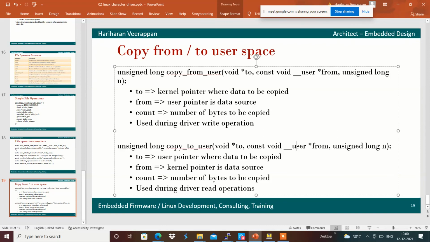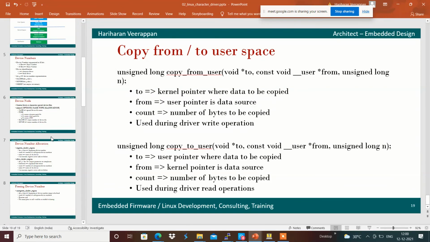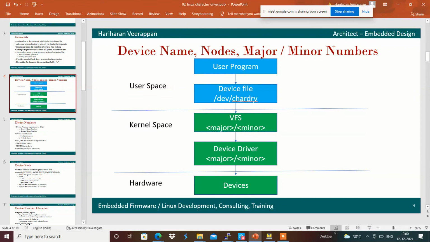Till now, what we have seen is that we have created a device file with a major and minor number with the help of register or allocate character drive region. The device file has been automatically created from the kernel space module with the help of class create and device create. We have created the file operation structure and linked it with the cdev, the character dev, implemented with simple read and write.